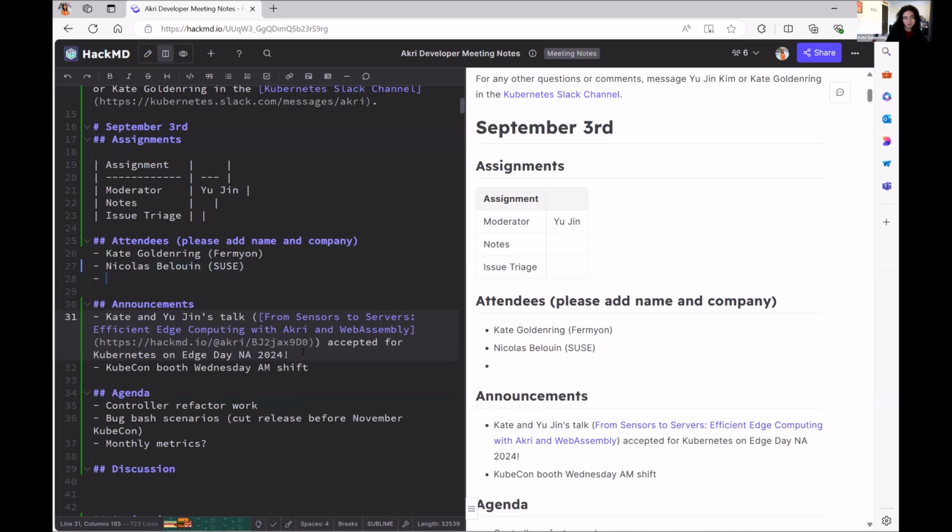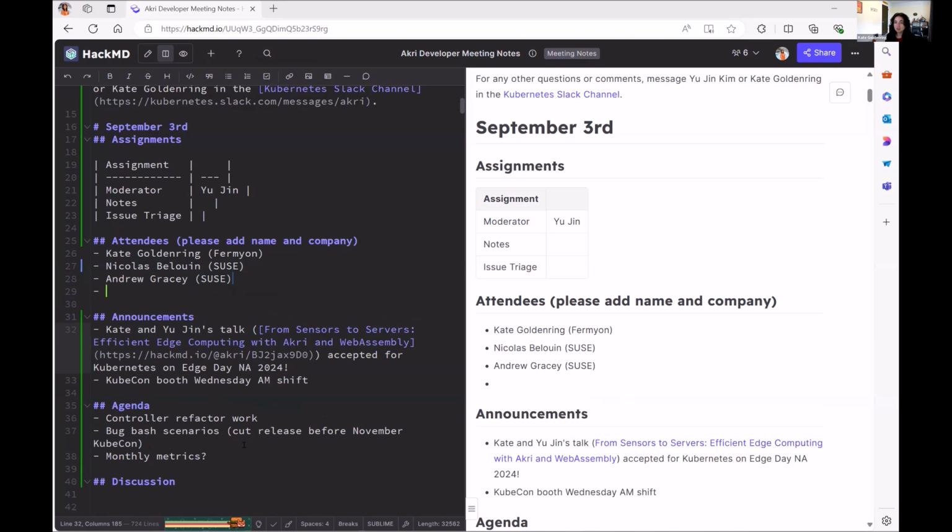Yeah, so the concept of the demo is we wanted to show how you could bring together SpinCube and Akri. So how you can bring together running WebAssembly applications on Kubernetes with discovery of IoT devices. The demo shows using the Akri MQTT discovery handler that Nicholas put together to discover MQTT devices, and then it'll deploy WebAssembly brokers.